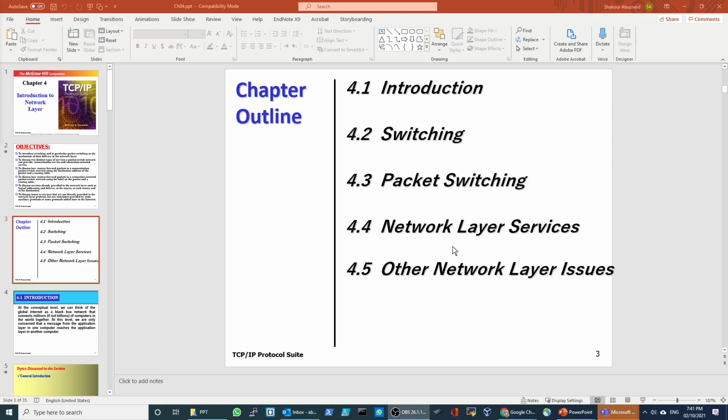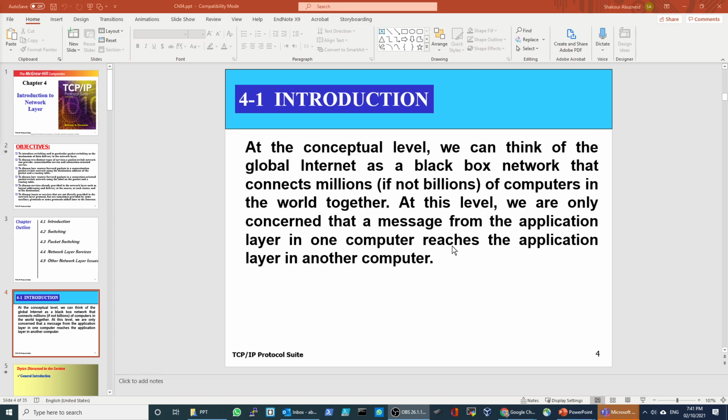So let's move on. At the conceptual level, we could think of the global internet as a black box network that connects billions, not millions anymore, billions of people through computers. Each one of us right now has maybe 5, 6, 10 IP addresses, right?